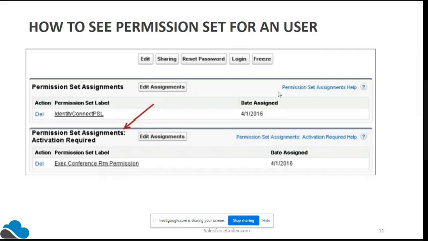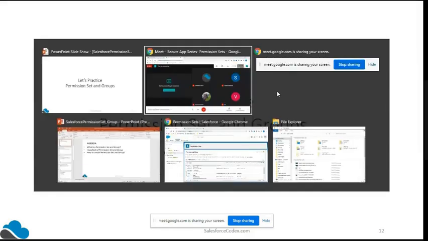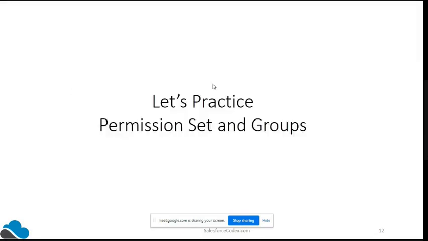Okay. Both ways you can check it, but the easiest way is generally when a particular user is going from agent to supervisor, his role is changing. So we can go and see it at the user level. Either you can add it or remove it. Both can be done. Okay. So now I will be showing you practically.